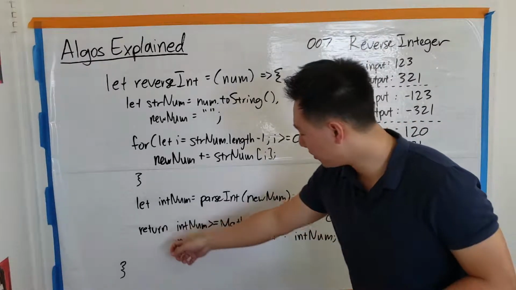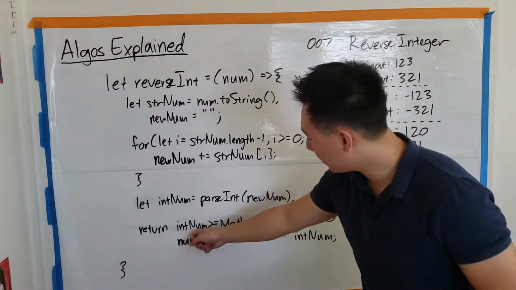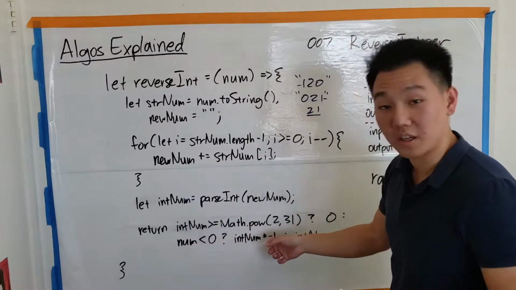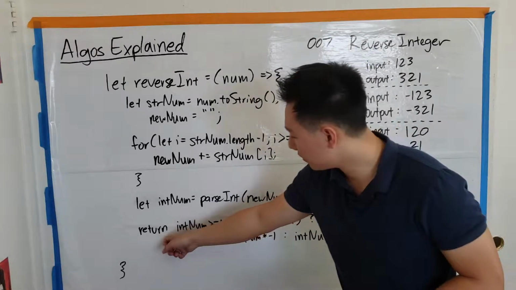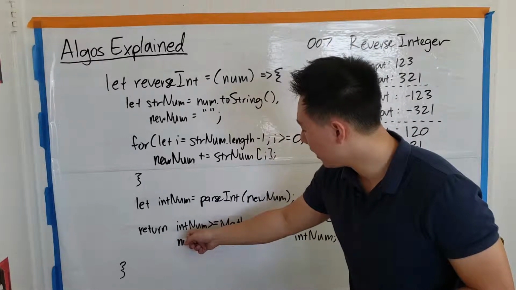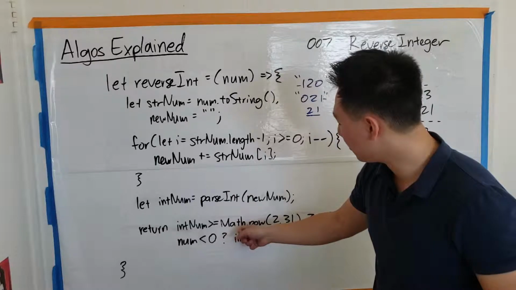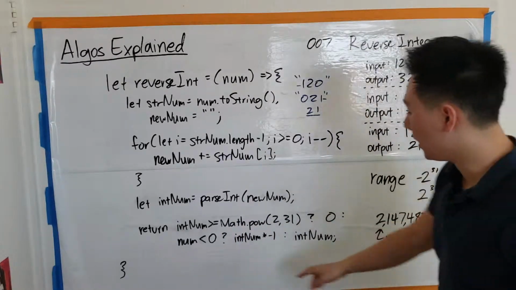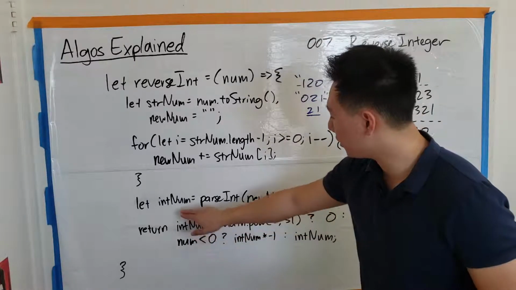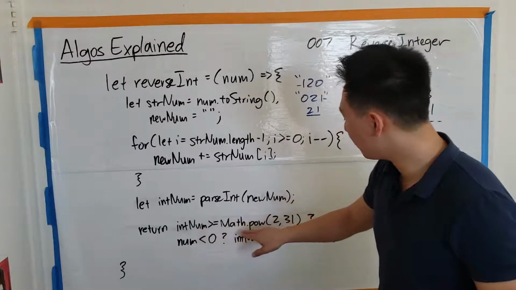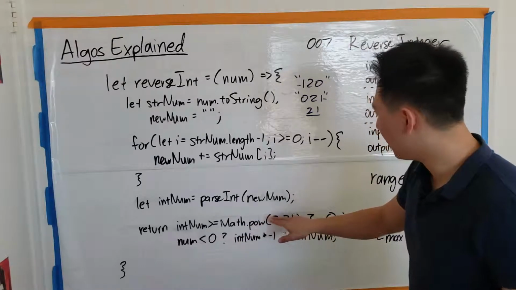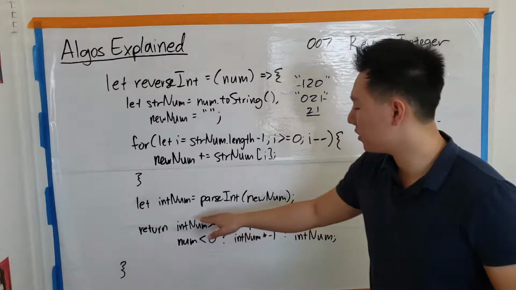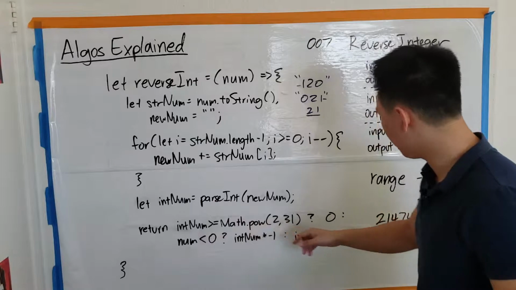Pretty much how we can read this is int num, and I kind of doubled it up here. Return, we're going to return something. Int num is greater than or equal to math.pow, taking into consideration this range. And so as long as the int num that we have, which was the parsed int, is it greater than or equal to our range? So pretty much that was our max range. Did we go beyond it or hit it? And our max range